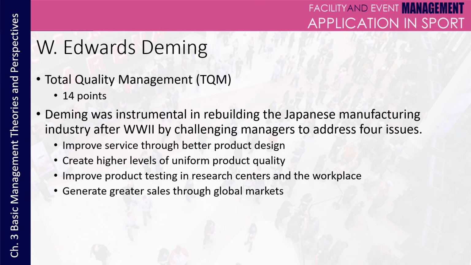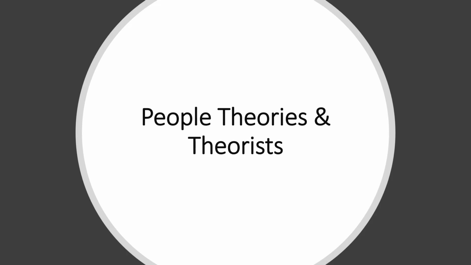You want to eliminate quotas, so prioritize qualitative outcomes like teamwork and skill development over arbitrary numerical goals. Deming's 14 points for quality management provide a strategic framework for fostering a culture of excellence in sports organizations, ensuring sustained performance and innovation. Okay, so now we're going to switch from process theories to more of people theories and